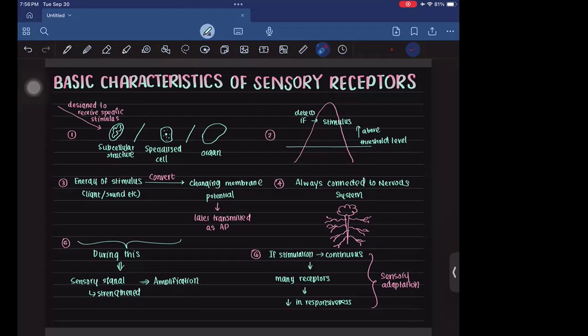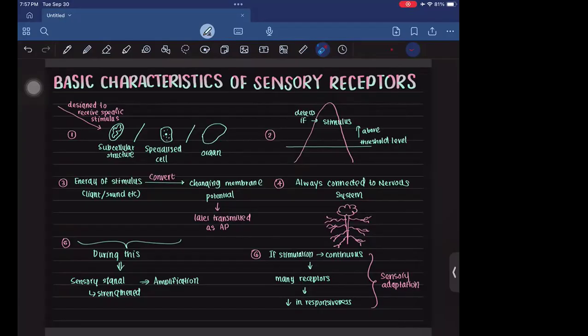How, when will it be detecting the stimulus? Only if the stimulus is at or above the threshold level. Third, how will it transmit the information? The energy of the stimulus, light, sound, whatever it is, is going to be converted into nerve impulses. It's going to be converted into changing membrane potential, which will later be transmitted as action potential. And remember, they always have to be connected to your nervous system so that they can send the information to